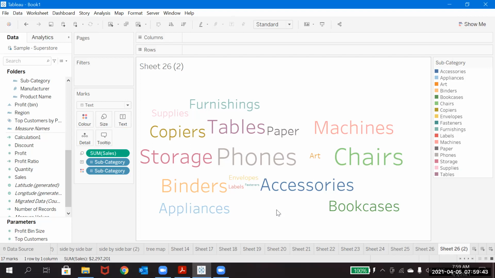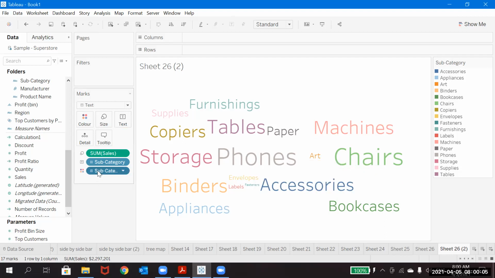This chart's name is word cloud. If the value is high, that font will show bigger. If the value is low, that font will show smaller. Okay, so that is how it is.